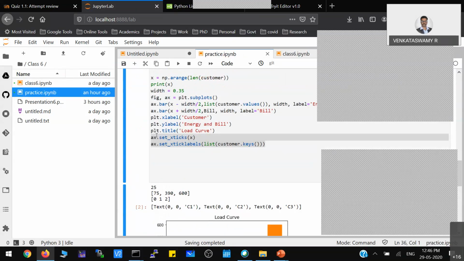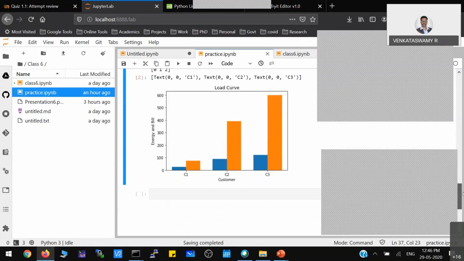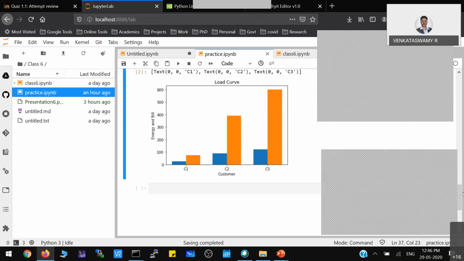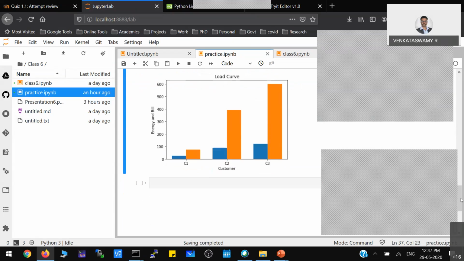It is customized using set xticks and set xticklabels. When you customize that, you will get this kind of graph. Energy and bill you can merge together in a bar graph, creating a cluster of every customer's parameters. Energy and bill both are displayed here. In this way also you can generate a graph.